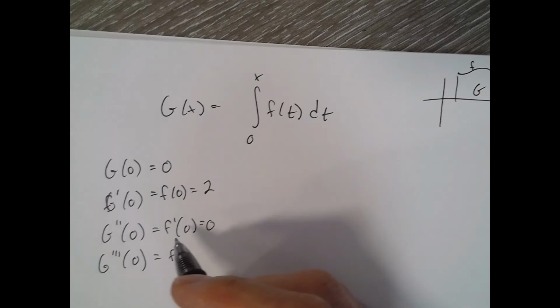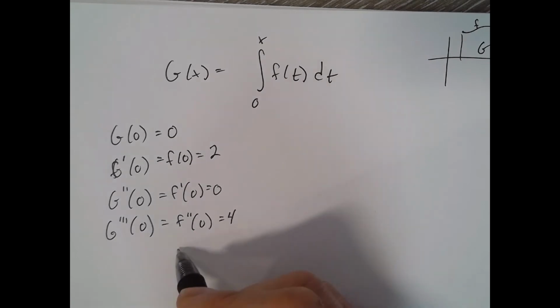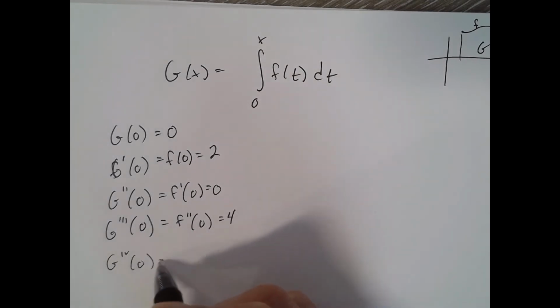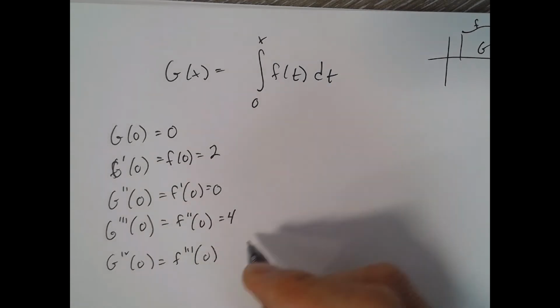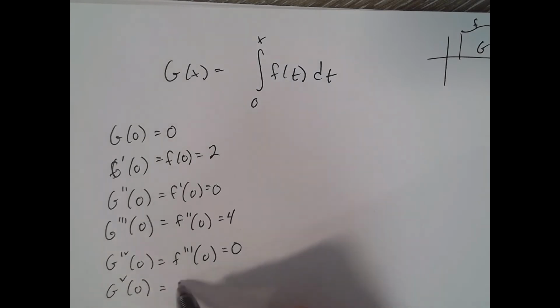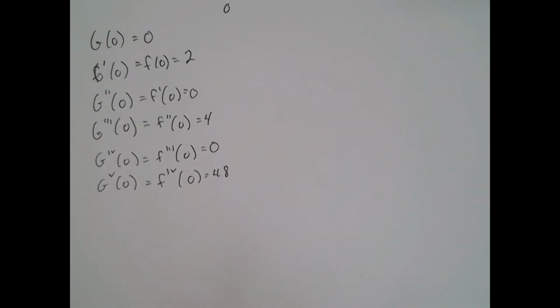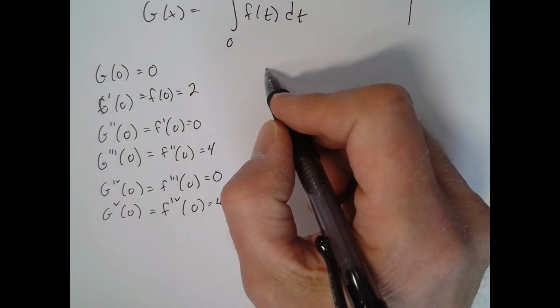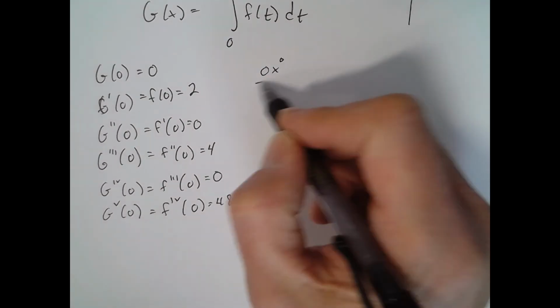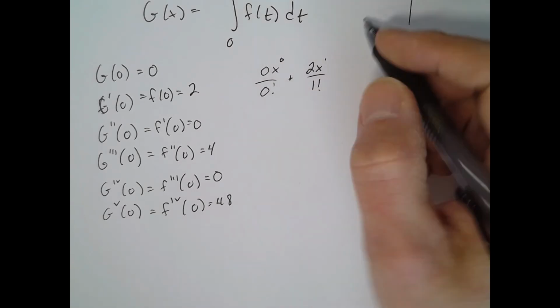G triple prime is f double prime, which is 4. G fourth derivative is f triple prime of 0, which is 0. G fifth derivative of 0 is equal to f fourth derivative of 0, which is 48. So those are our initial coefficients. So we can say 0 over x to the 0 over 0 factorial plus 2x to the first over 1 factorial plus,